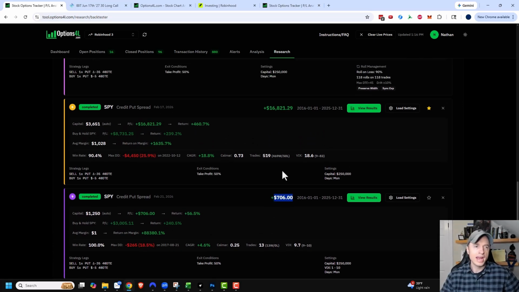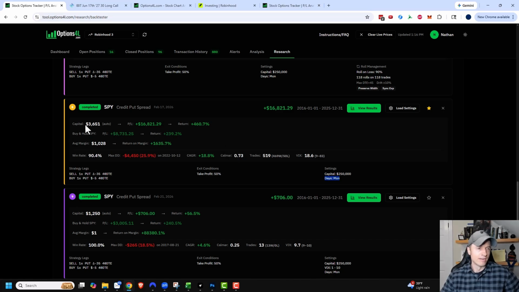strategy. And so to go ahead and conclude, I would say that this is the best settings for a SPY credit put spread or put credit spread. Again, it is the short put on a 35 delta with 40 days till expiration, and buy a long put with a $5 offset, 40 days till expiration. Take profit at 50%. And as a reminder, we were doing this trade every Monday, and if the market was closed that Monday, well, then we just put the trade on the next day, and this gave us the best